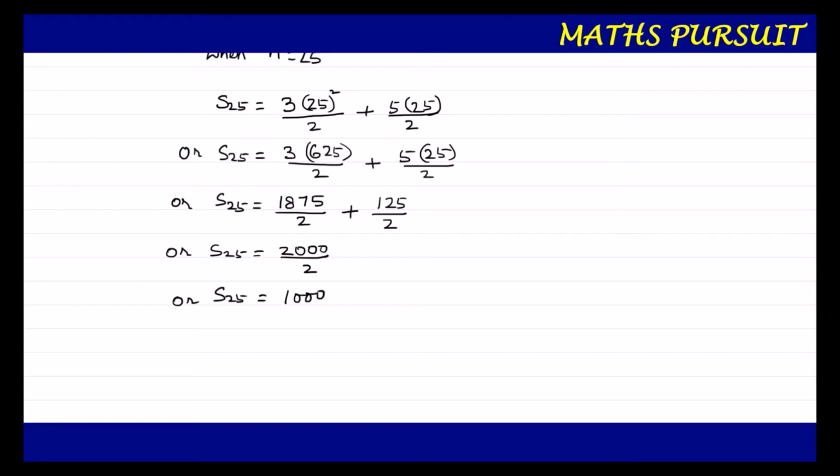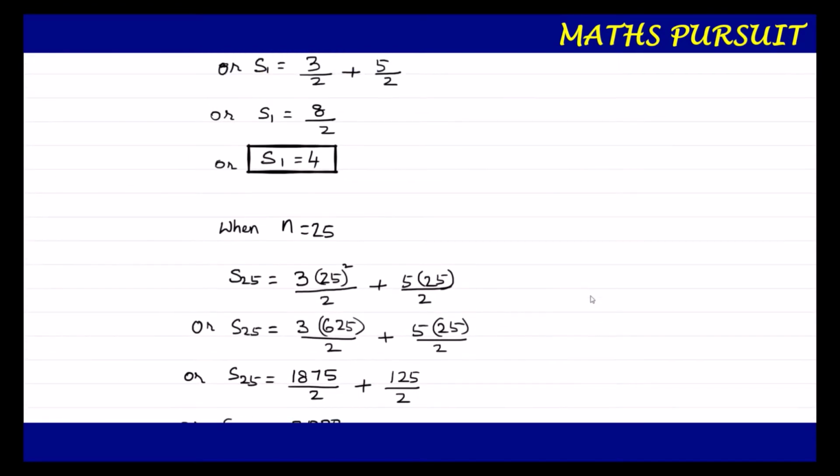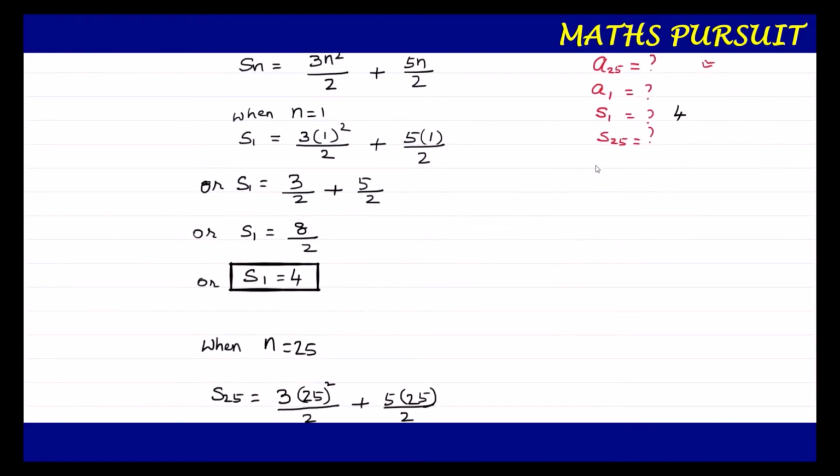So guys, you could see that we are able to find out the value of S25. We first found out S1 and then we were able to find out S25. Hope till here it is pretty clear. I'm doing it step by step instead of jumping any of the steps, so that each one of us will understand what I'm doing here. As I told you, we calculated S1 and then S25.